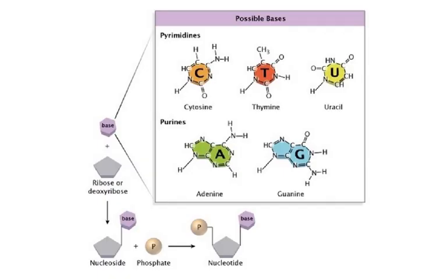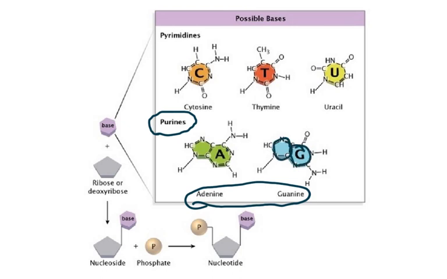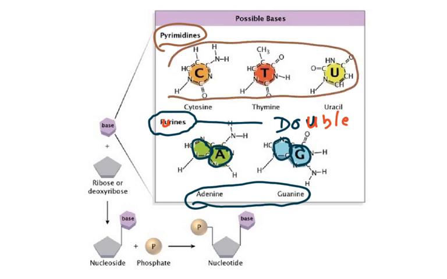Now, something you all have to remember: adenine and guanine are purines. Purines have a double ring structure. You can see this is a double ring structure, and this is also a double ring structure. Now the other three, cytosine, thymine, and uracil, are pyrimidines, and they are single ring structures. You have to memorize this. So cytosine, thymine, and uracil are pyrimidines, while the purines are adenine and guanine. I tell you to remember it like this: adenine and guanine,